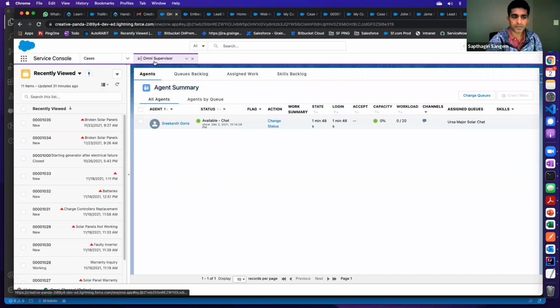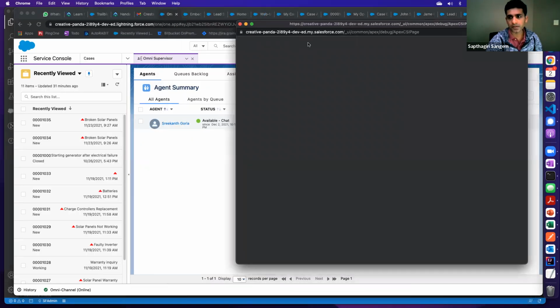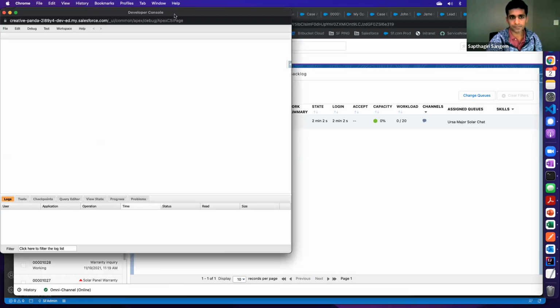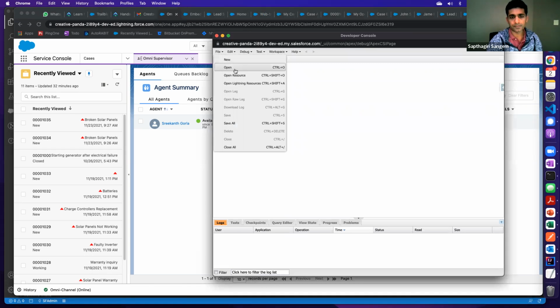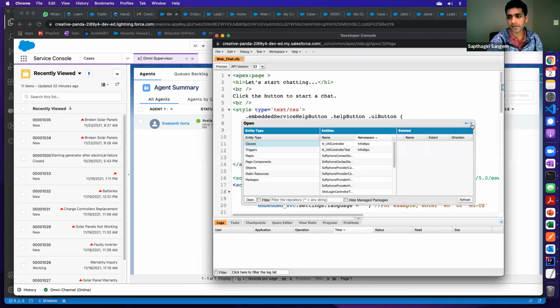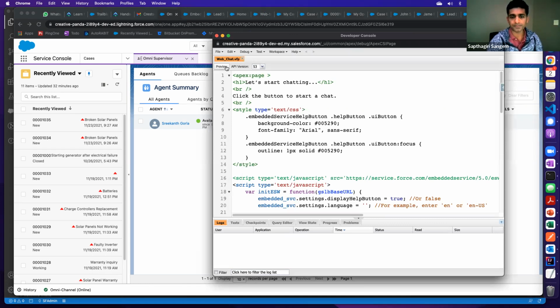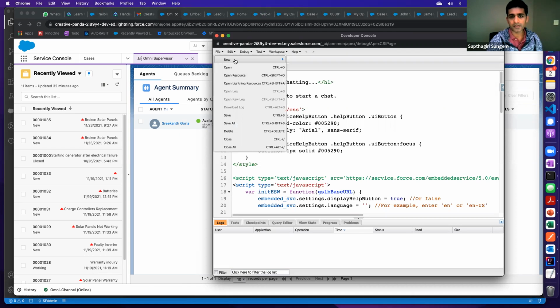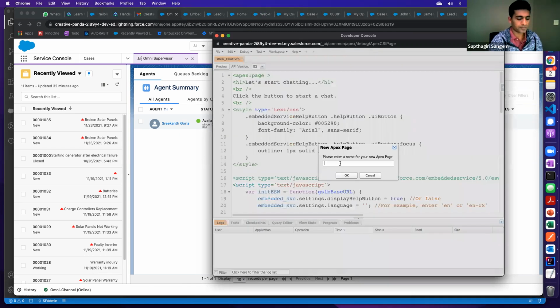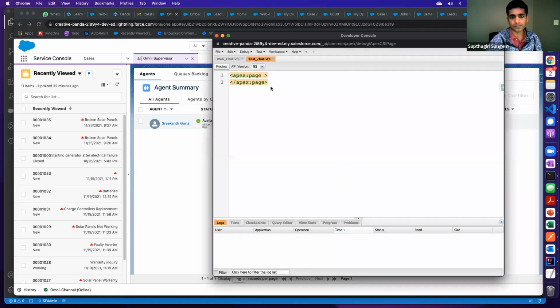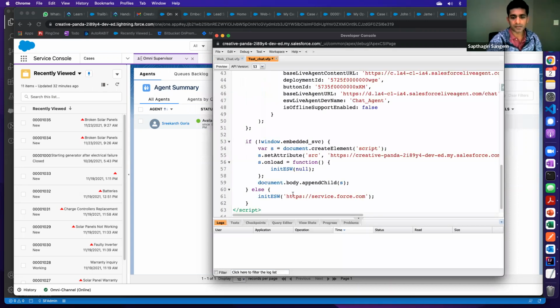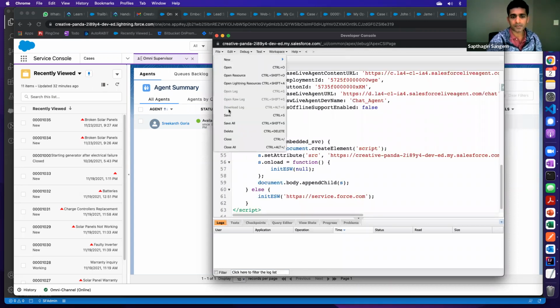This is Omni Supervisor, and this one is very good. Since I don't have any website, I can create a Visualforce page and fire chats from there. Actually, I have a page ready. All I do is take whatever I copied, create a Visualforce page, and paste it here. Once I save it,